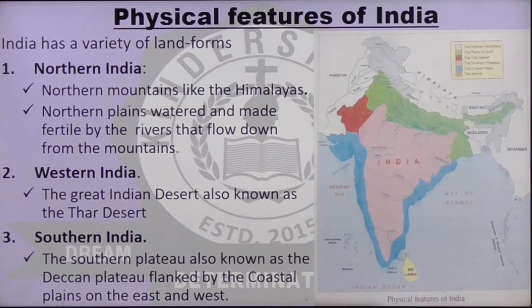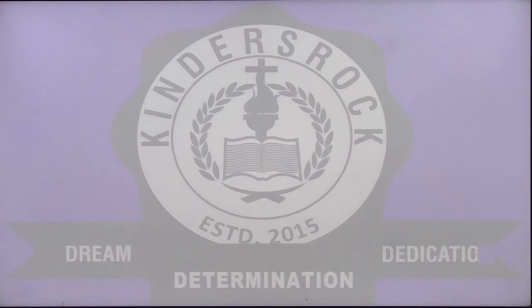Did you see that blue area in the corner down there? They are the coastal plains, and the pink area in the middle is the Deccan Plateau. The red area is the Thar Desert. Did you see that? The green patch that we see is the northern plains, and the topmost part, which is basically a little gray in color, are the northern mountains or the Himalayas. Okay, now I believe that you have understood this. Beautiful. We have more physical features.